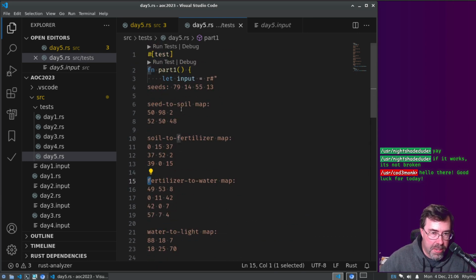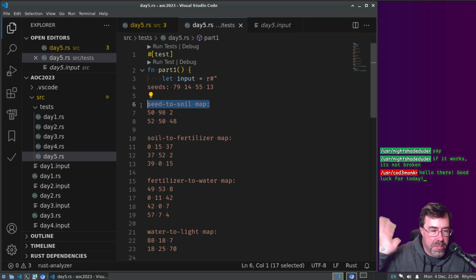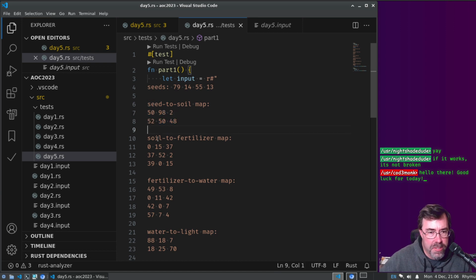So that's the second step: we're going to loop and read in a map, which is basically read a line and just discard it, and then read lines until we get to one that doesn't have a number at the start, or we get to the end of the file. And with that subset of lines, parse each one to be a part of a map, and we're basically building a map out of that, and do the mapping of the previous numbers to the next numbers and repeat.